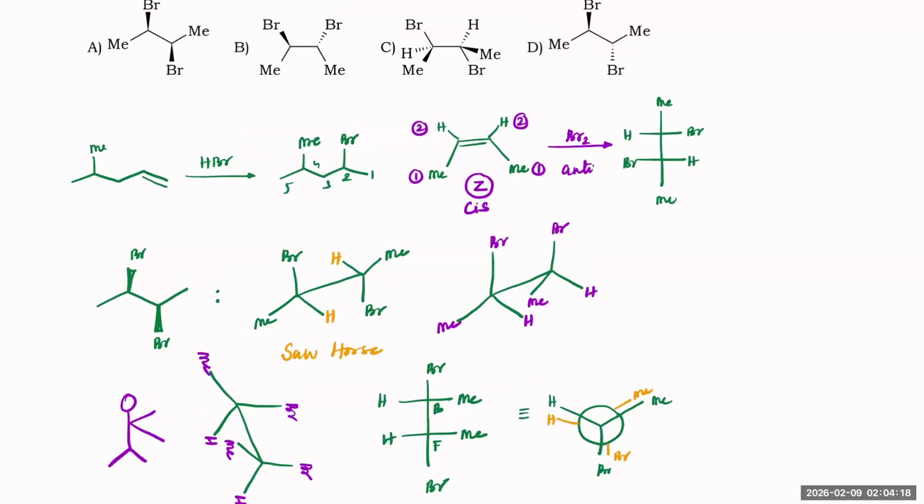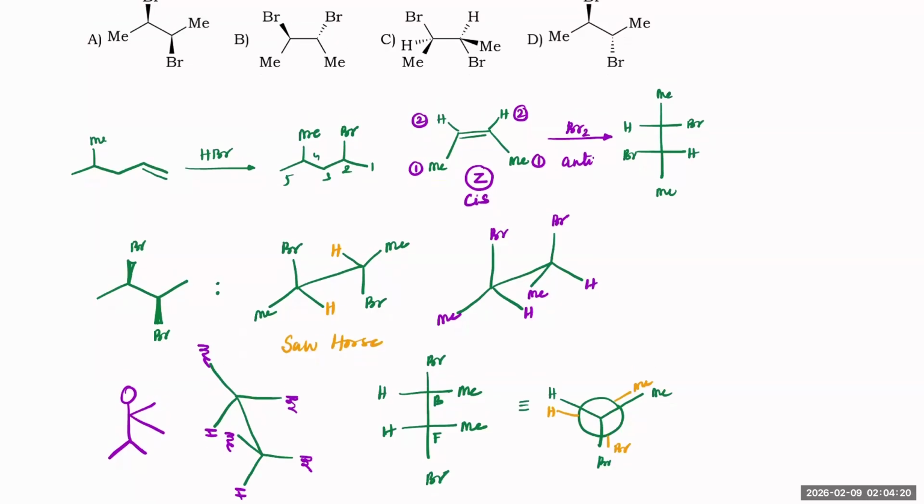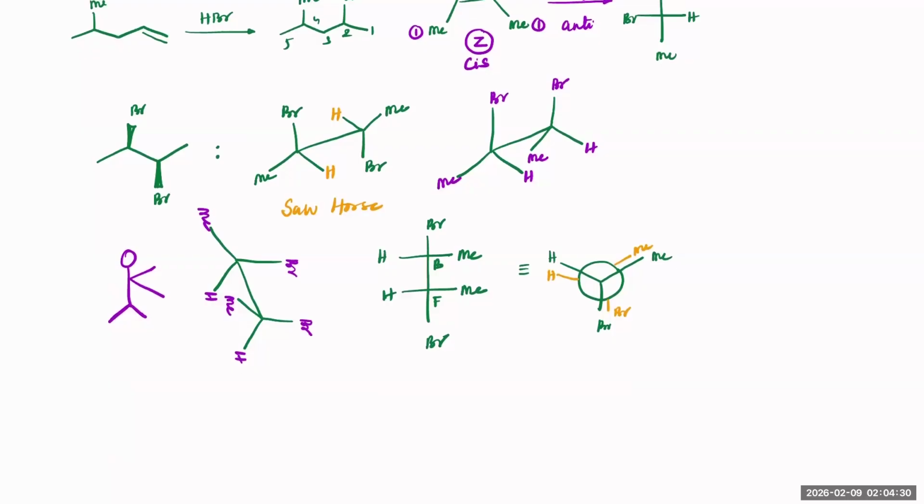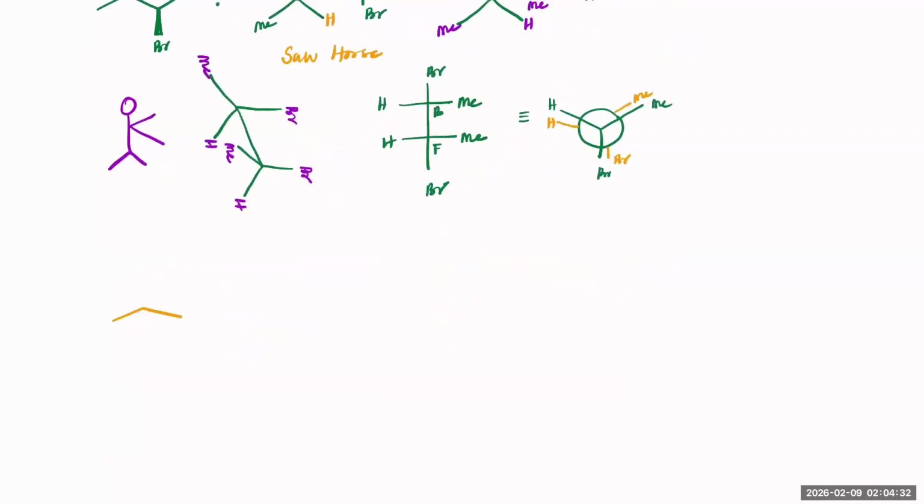Second case, it is very similar. In the second case, this is already given in eclipsed form. You don't have to change anything because it is already given in eclipsed form. So what you can do, you can check this way. First, write the Sawhorse projection. The Sawhorse projection goes like this,